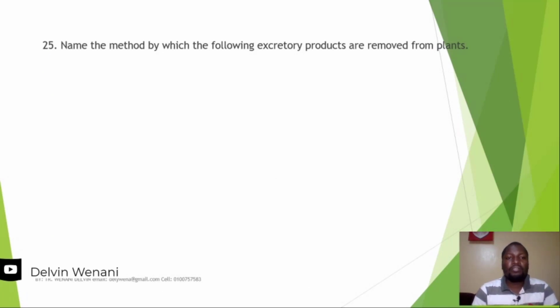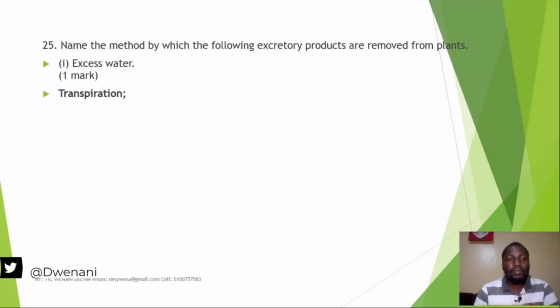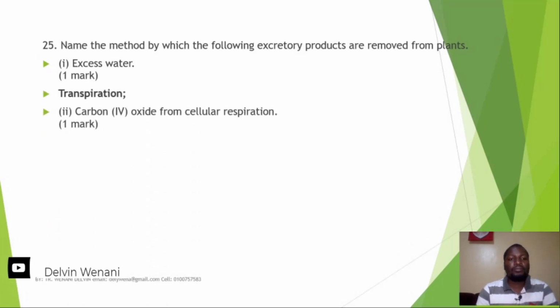Name the method by which the following excretory products are removed from plants: excess water, by transpiration, carbon dioxide,